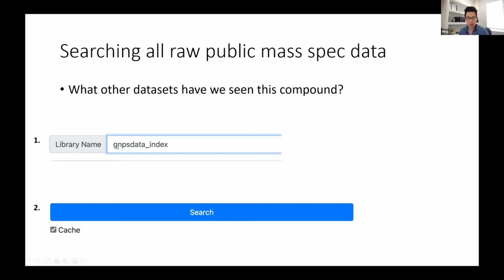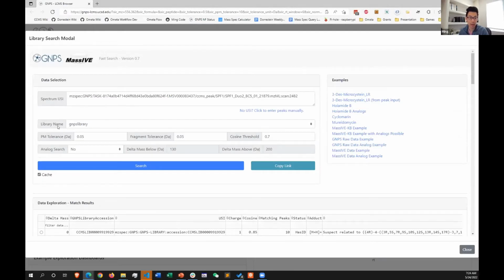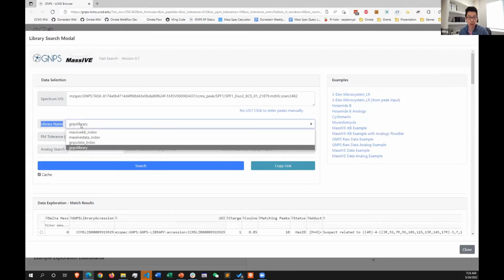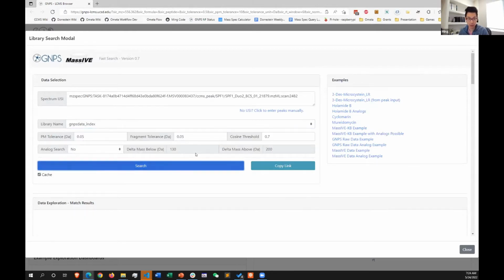So what you'll be able to do in this interface for the library search interface is you'll just change the library name. Before it was GNPS library, but now we can do the drop down and select GNPS data index and click the search button. So I'll walk you through how to do that right here. So if we go back to the top and we change the library name to GNPS data index, and we click the search button,